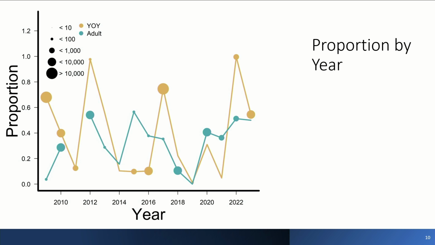On the y-axis, this is the sum of all of those hotspots. So there's 25 kilometers of hotspots for adults, 27.5 kilometers of hotspots for young of year. This is the sum of all of those fish in all of those hotspots by year, and the proportion of total fish that we collected during rescue. So in some years, there's a really high proportion of fish that show up in the hotspots, like 2012. Almost 100% of all the silvery minnows we collected showed up in those hotspots. But it also shows the number each year based on the size of the dot.